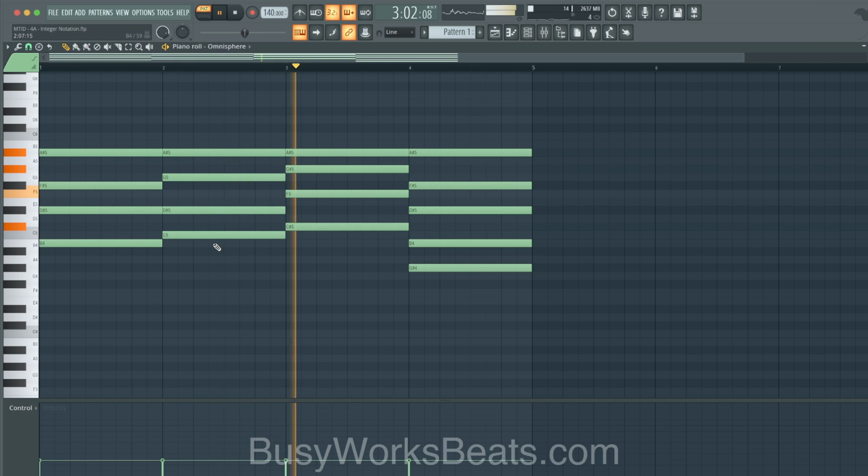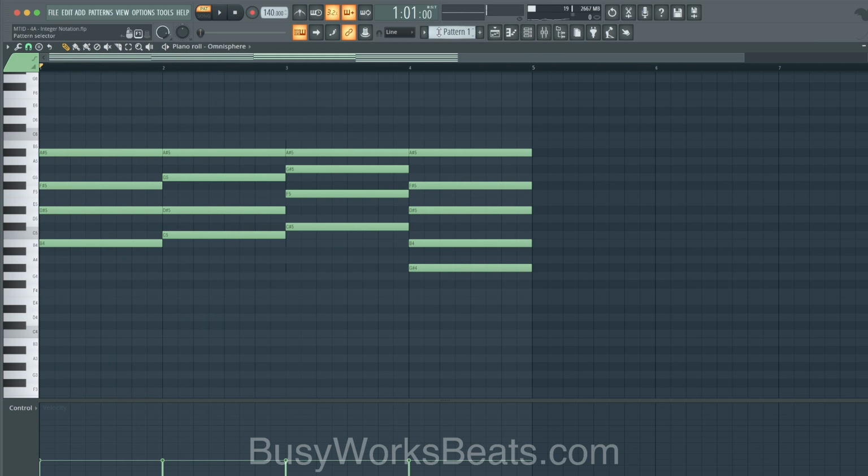Now, if you wanted to map the scale, let's play the notes and see what. I would debate that that's the scale.